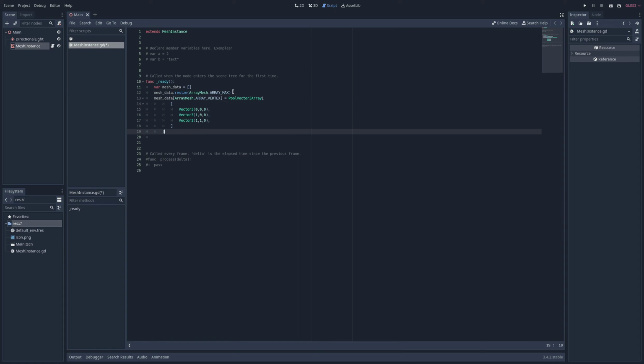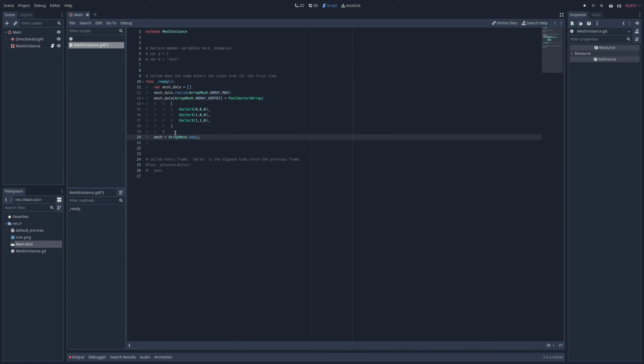First, create a pool vector 3 array with 3 vector 3s for each corner of the triangle, and assign that to the vertex element of the mesh data array. Assign a new array mesh to the mesh property of the mesh instance, and then call add surface from arrays on the mesh with primitive triangles as the first parameter and mesh data